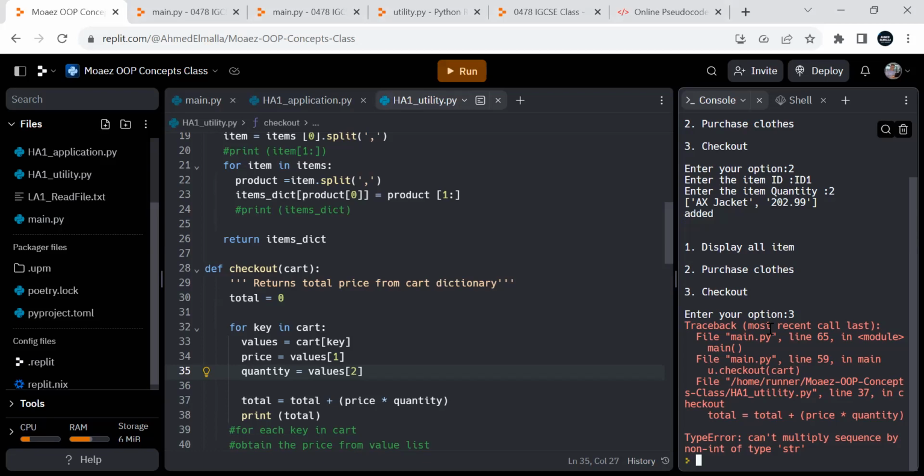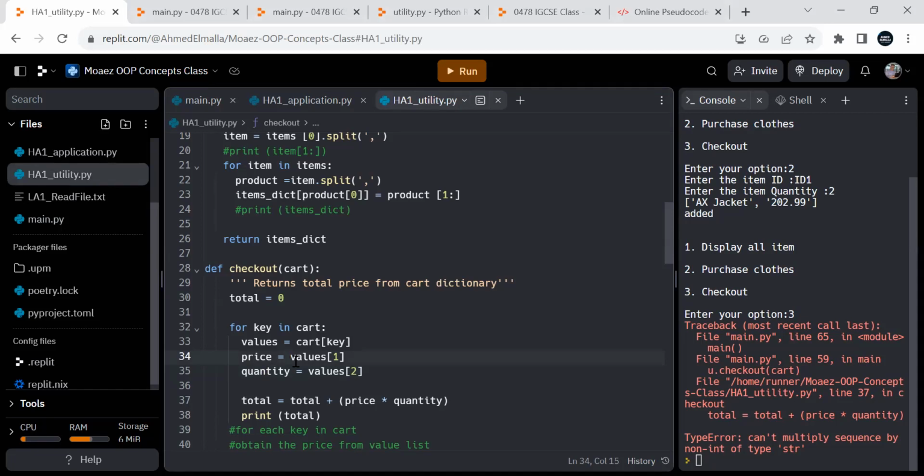Oh, you can't. So price equals value one. So you can't multiply two strings, right? Yes, definitely, that's what I'm saying. So we have to convert that string into an integer. How to do that? So you could do values one